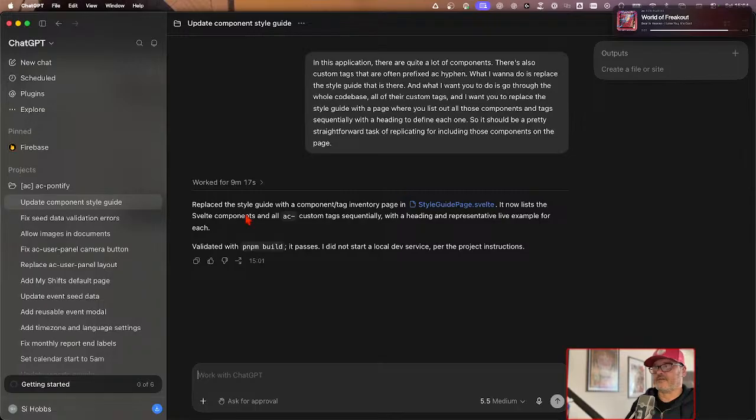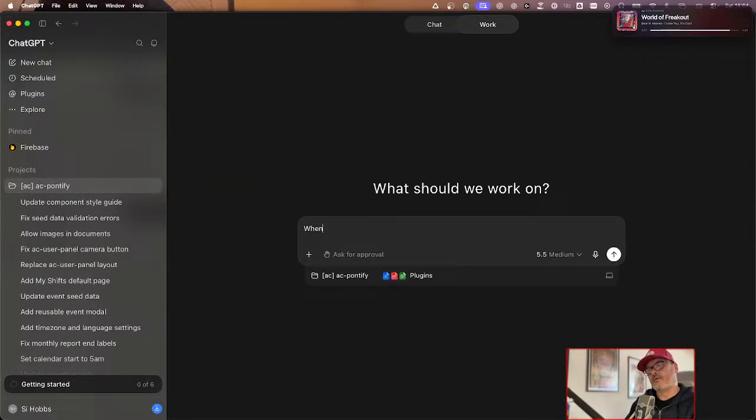Okay, Codex has finished the style guide, so I'll go and have a look at that in a sec. When I log in with a Gmail account in production, there is no matching user profile document. I need to allow a user that is a, now what even